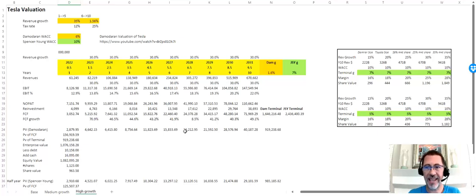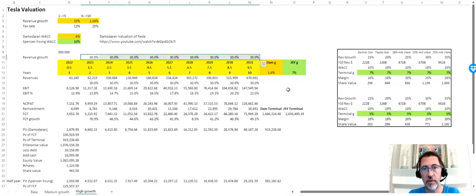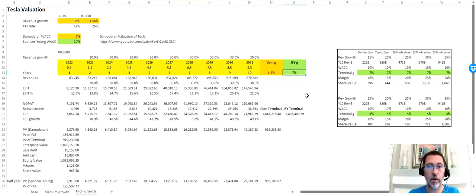In order for Tesla to be at $1,000 a share, the assumption being made is that Tesla can grow its revenues at 30% per annum for the next 10 years, with a terminal growth rate of 7% per annum using a WACC of 10%, and you have yourself a value of $1,000. Okay, so I guess you've got to ask yourself, what is the possibility of achieving that? Well, the reality is that since the market believes that this is the share price, the market must believe that this is possible.